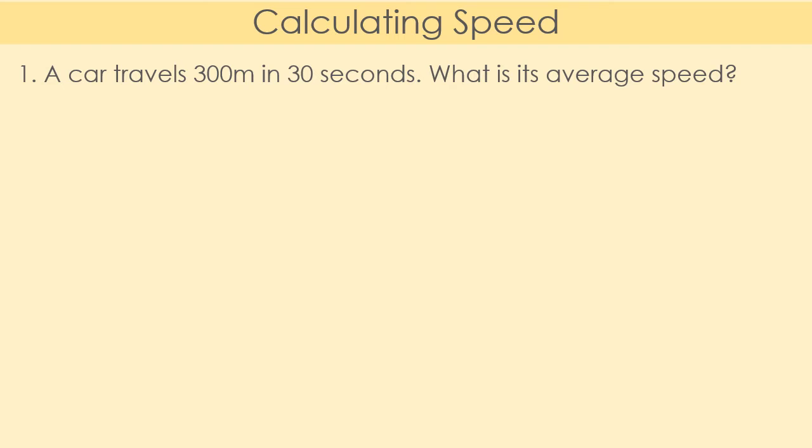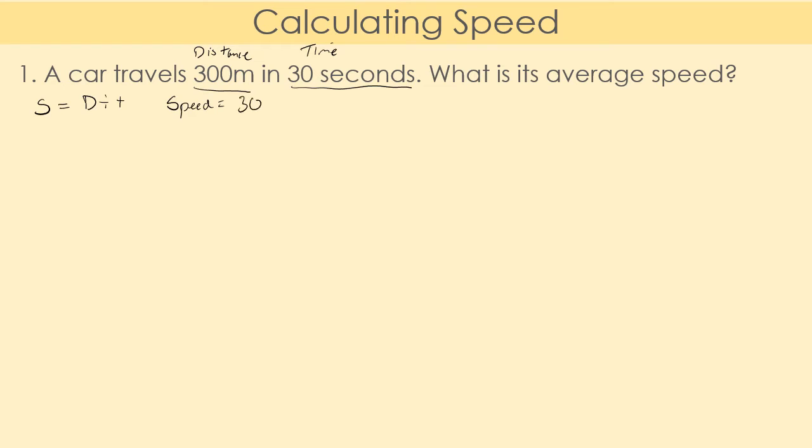We're now going to calculate the speed of some objects. This first one I'm going to do with you. So we have a car travelling 300 meters in 30 seconds. What is its average speed? I'm going to write down my equation. So my speed equals my distance divided by my time. My distance I've got here. I'll label that as distance. And my time I've got here. So I can now go, my speed